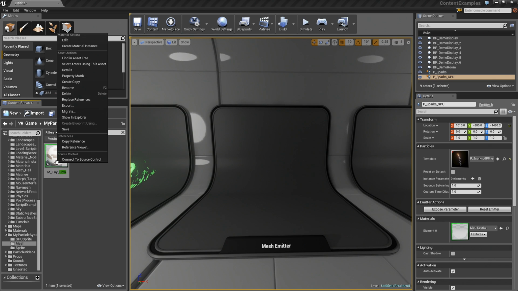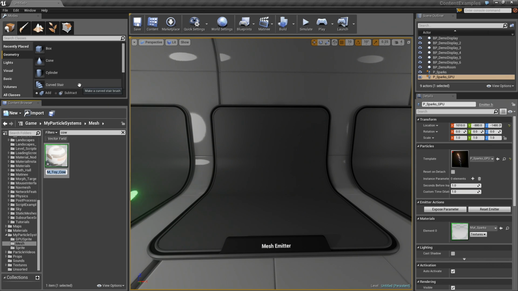And I'm going to right click on this material and rename it. We're going to call this cow mesh. Actually, let's do mat first. So mat underscore cow mesh particle. Long name, but it says what it is. Okay, so if we open up this material,